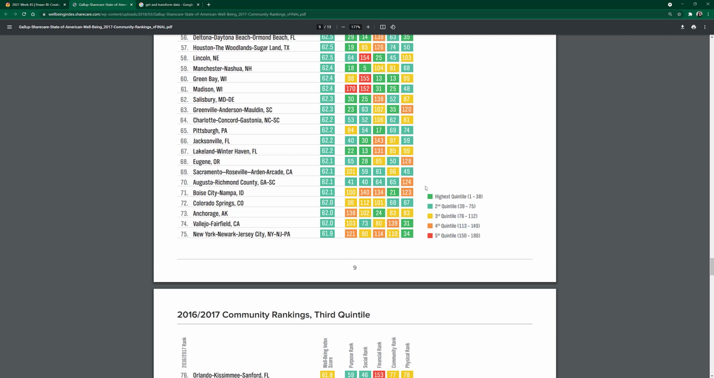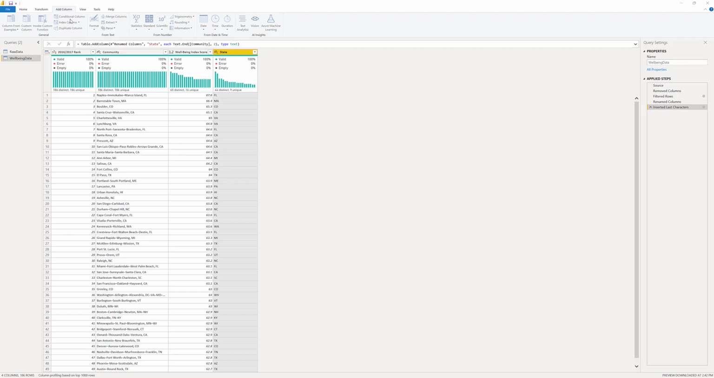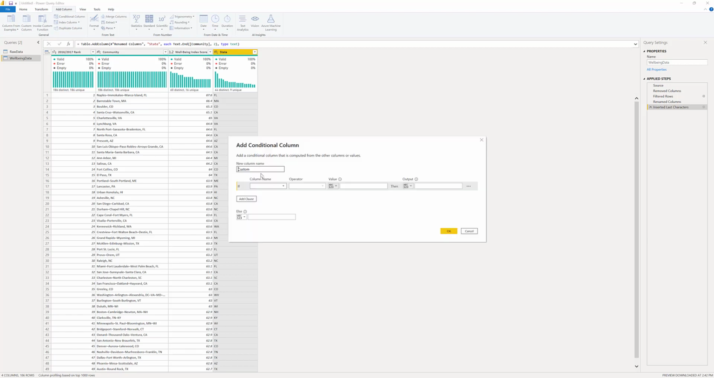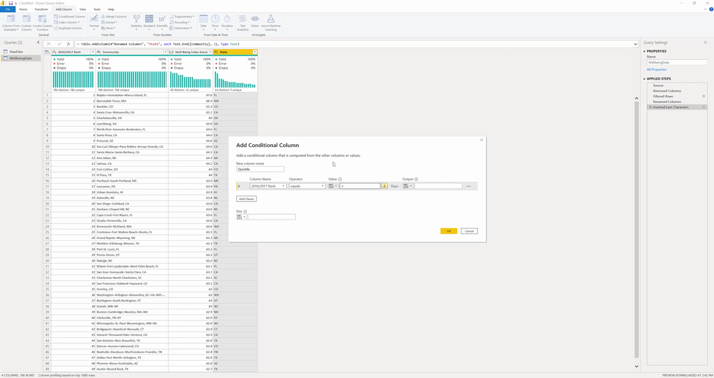So I'm going to go ahead and use this breakdown to create a conditional column. So I'll add a conditional column, and here I'm going to call this quintile. And I'm going to say if the rank is less than 39,